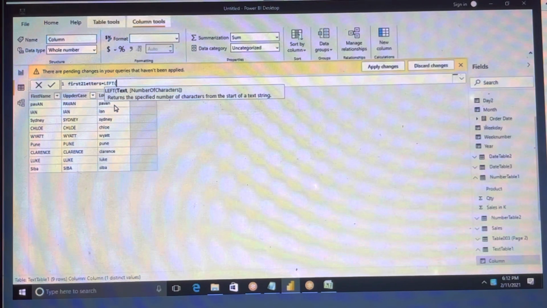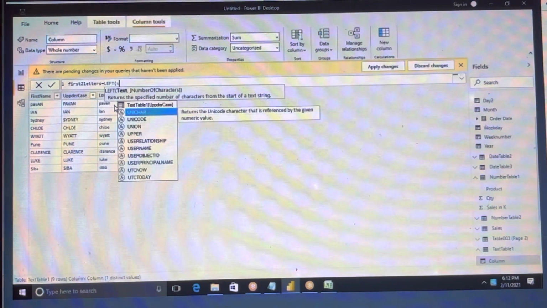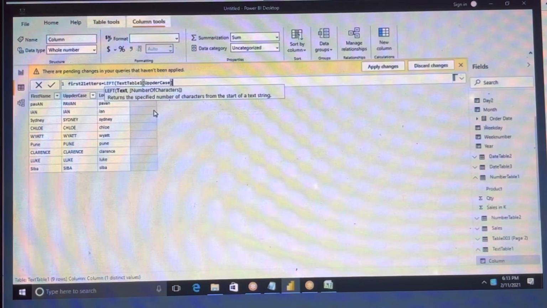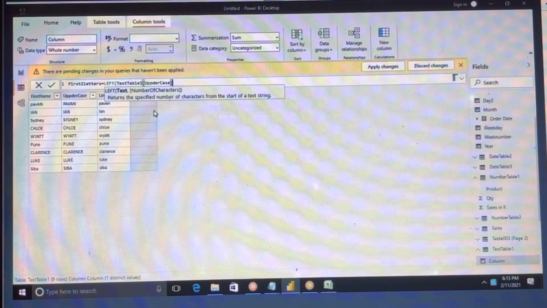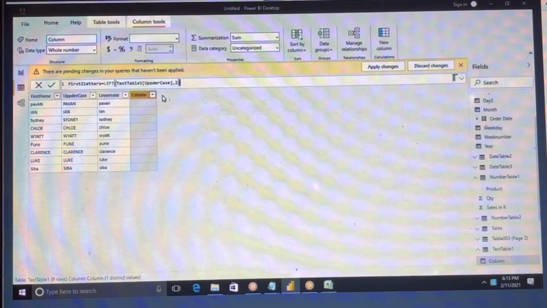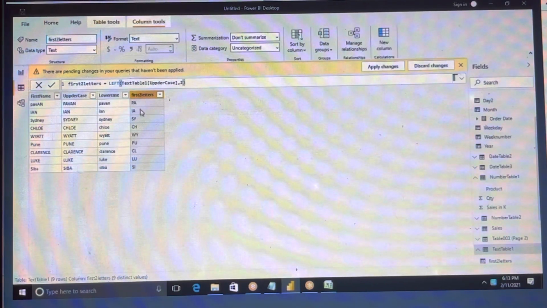Left of uppercase, not the first name. The column name is uppercase. See here itself it is showing the text and number of characters. I want only 2 characters. Click enter. Okay, see, first 2 letters we are getting, right?